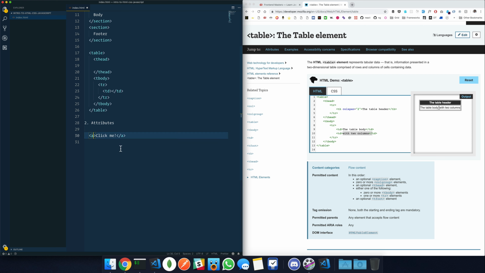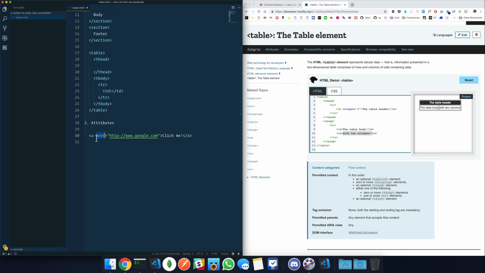What we have to do is inside the opening tag, we add the href. So the href attribute for an anchor tag basically specifies where you want to link to. So if we wanted to link to google.com, we'd say http://www.google.com. And that's it, it's that simple. Now, when we click on this link that says click me with an exclamation mark, it's going to take us to google.com, and that's because we've supplied this href attribute,